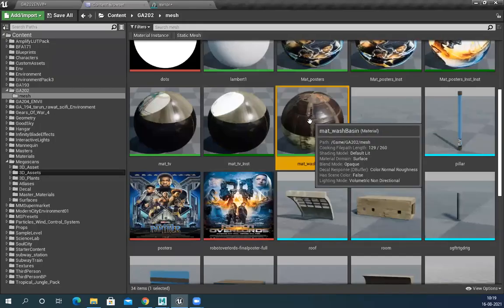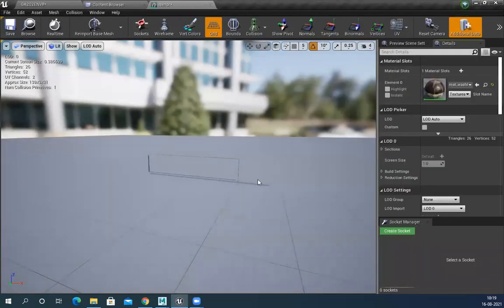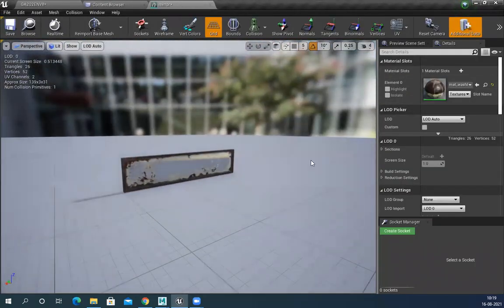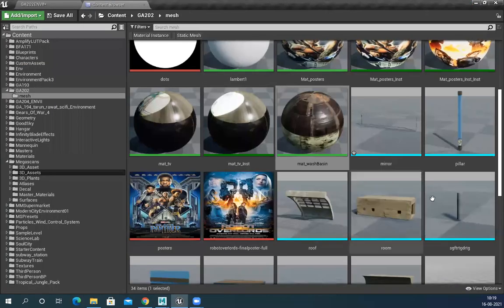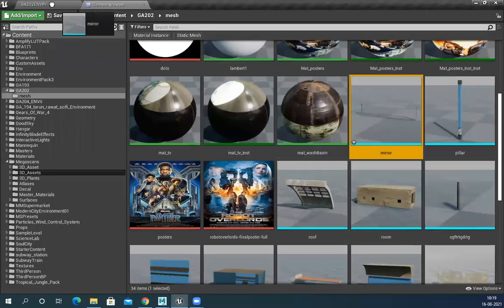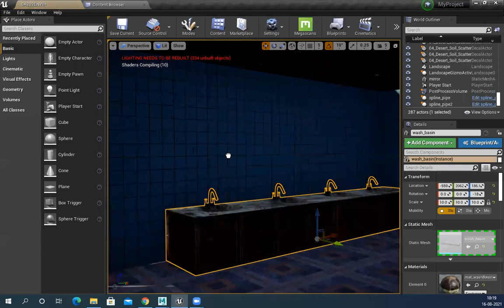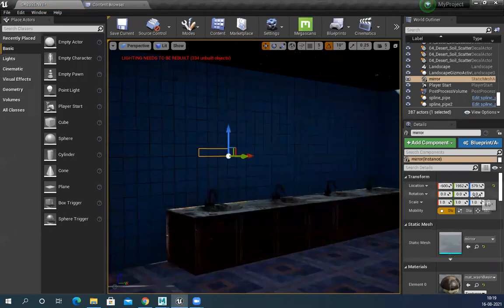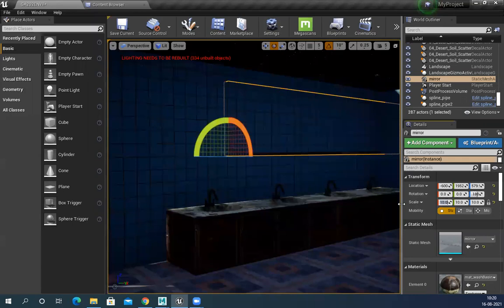And this one should go here. Yeah, correct. Now this mirror, I need to place it. Minus 180 degrees, 10 times.